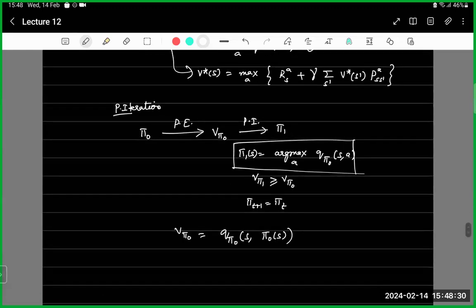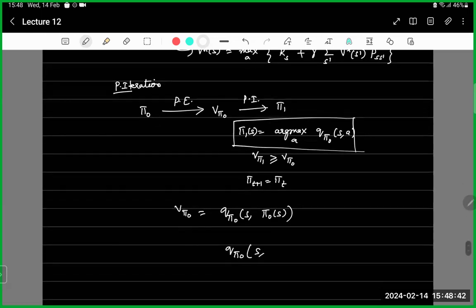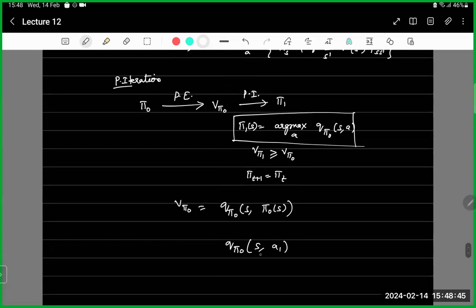Now what did we do? We are telling that you are looking like this. Let's say there are three actions possible in a state S. So these are three